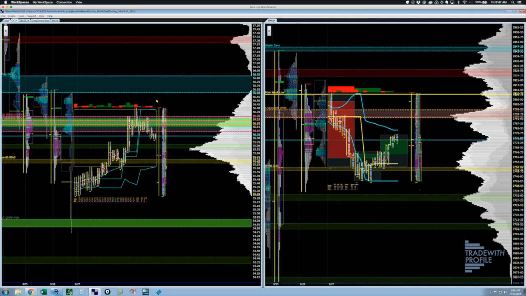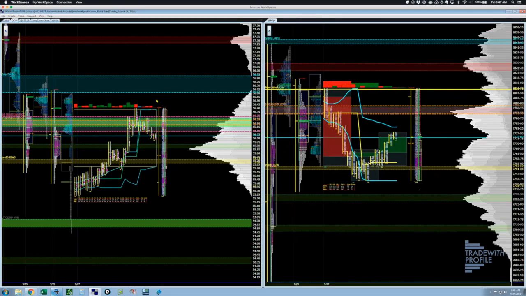Yeah, the overall order flow is to the sell side. Sellers are in control of the auction. We are establishing value lower. We're above the current day developing volume point of control. And as a general rule, when you're looking to put on a position, you want to sell at or above value, and you want to buy at or below value. So we're looking to sell here at or above value, specifically above value.